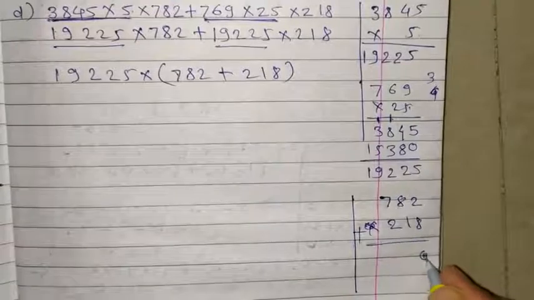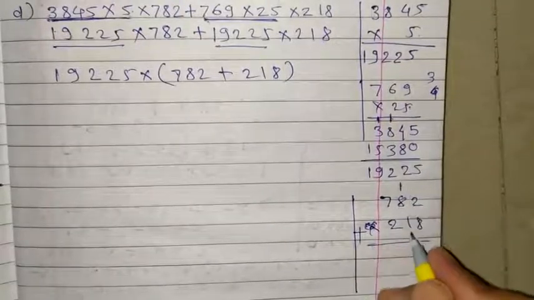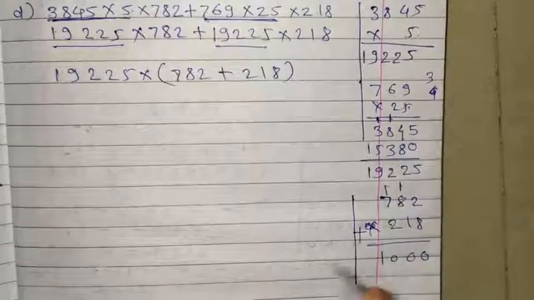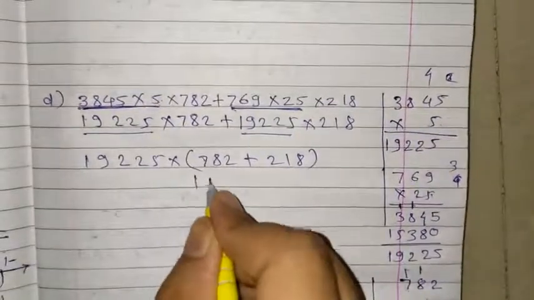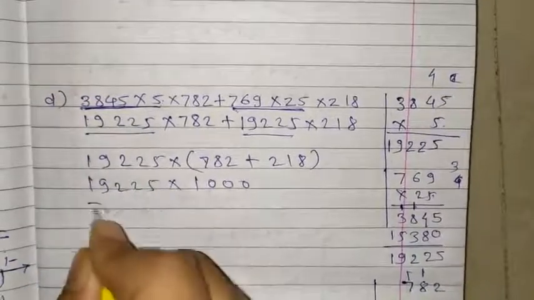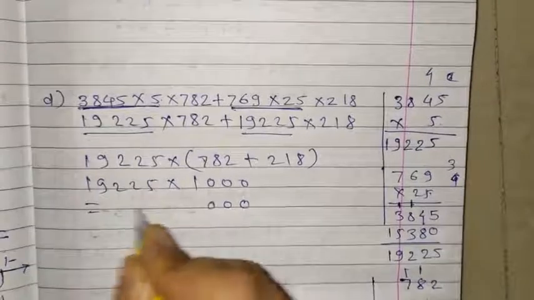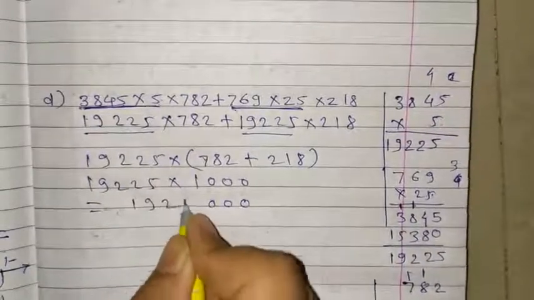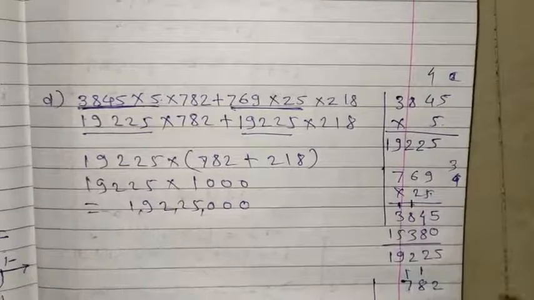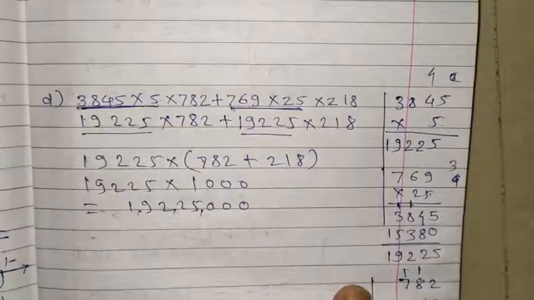8 plus 2 is 10, 1 carry. 8 plus 1 is 9, plus 1 is 10, 1 carry. 7 plus 1 is 8, 8 plus 2 is 10. So here we are getting an easier number for the calculation. And finally you write the 0 as it is and the rest of the number. So you found our calculation was very easy because of this trick.